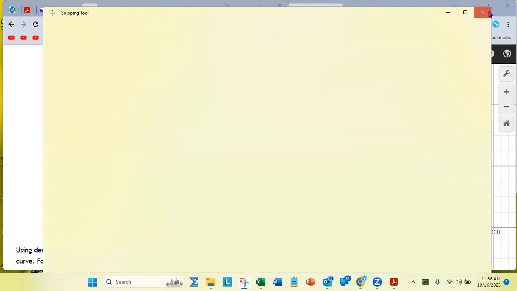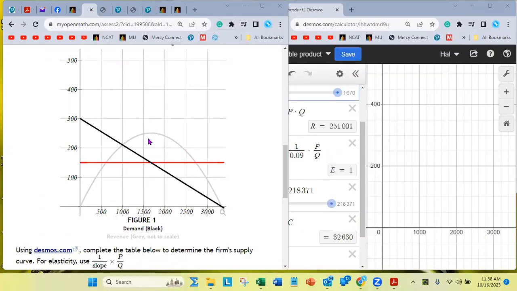Let me erase that. I don't know if you can see it, but you can see the gray here, right? At the peak, it's flat, right? At this peak, it's flat. So if you're on a flat surface and you step, if you're right here and you step a little bit to the left and you step a little bit to the right, you don't really go down much, do you? Right? So the slope at the peak of a curve is 0.